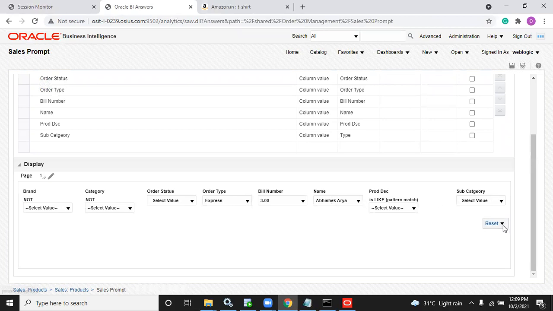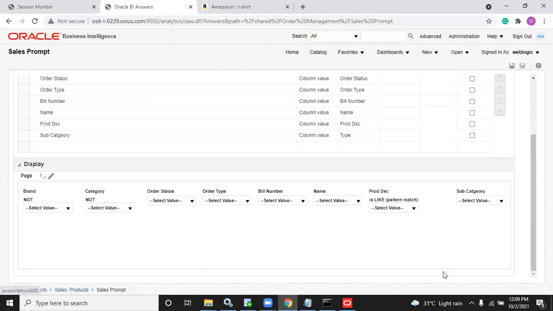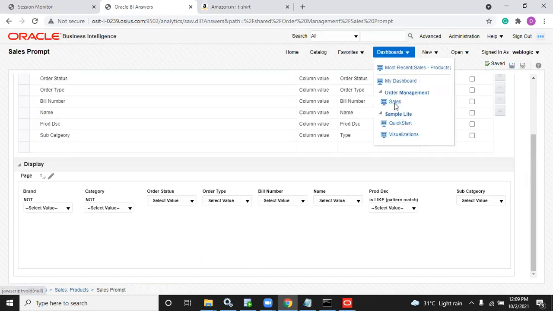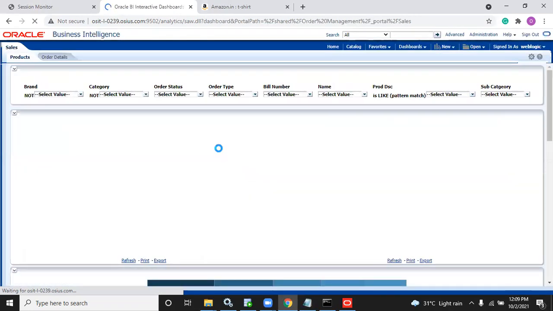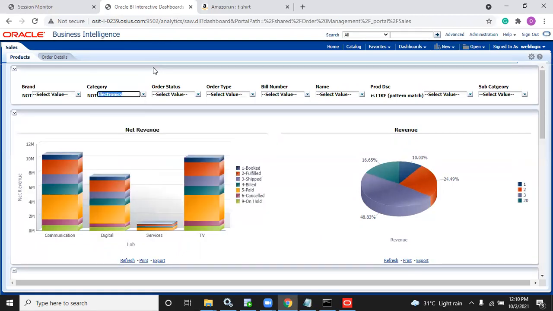It will take a lot of time, right? Just clear all. That is the only advantage of reset, clear all. It will clear all the values you selected. Even if you don't want reset, remove that. Clear? Now, once you select the value, you need not click anything. It will act the same as the filter in Amazon. You select, and it will start filtering.